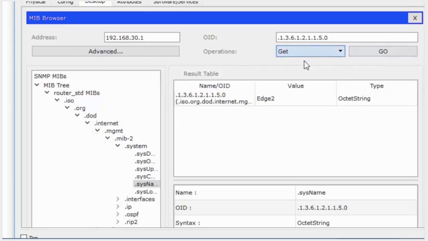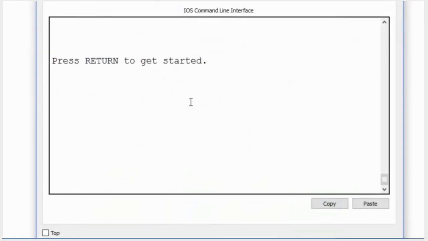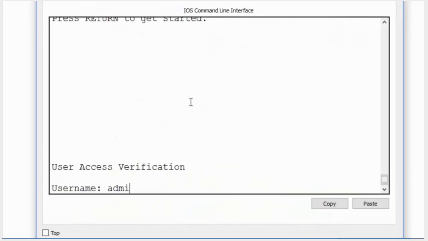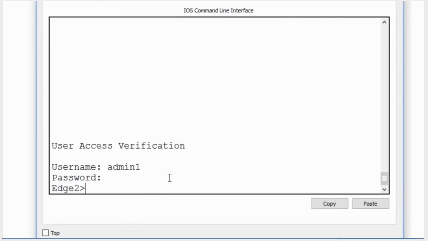I'll change it back to get and click go, and you can see that the value is now Edge 2. Let's take a look at the router and test the name. I'll put in my username, admin1, and the password. And you can see that the name of the router has been changed to Edge